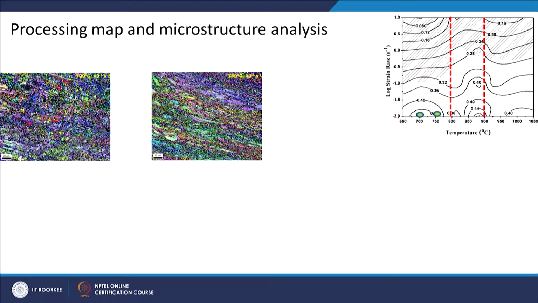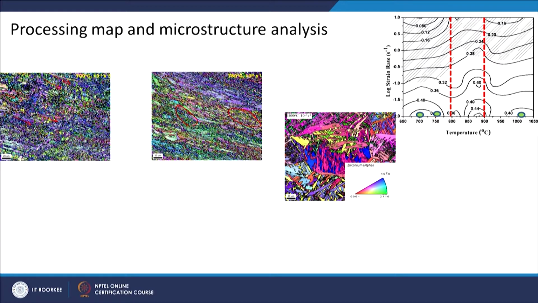Another high efficiency zone is at 750 degrees Celsius at 10 to the power minus 2 strain rate. Again you can see some elongated grains and also some very fine grains in between them, and big coarse grains. So, some grains have undergone recrystallization, partial recrystallization is there, and some grains are still in the deformed state, or maybe some recovery has taken place, but it is again confirming our high efficiency in this particular deformation condition.